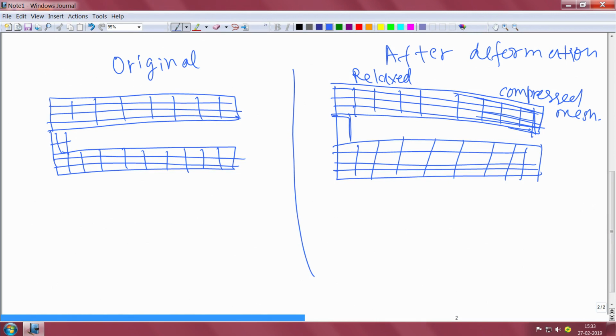So this is the capacitance that the original geometry will give, and the capacitance that the deformed geometry will give is going to change. So it's very important that the mesh actually change so that it will get reflected in the form of the capacitance. Okay, so let us see how that varies.